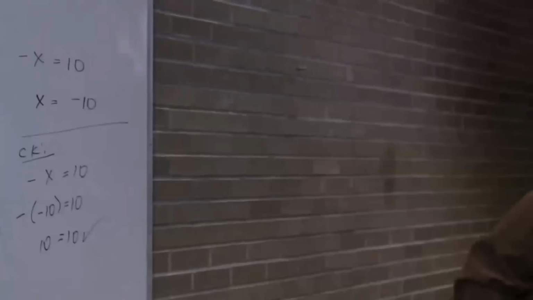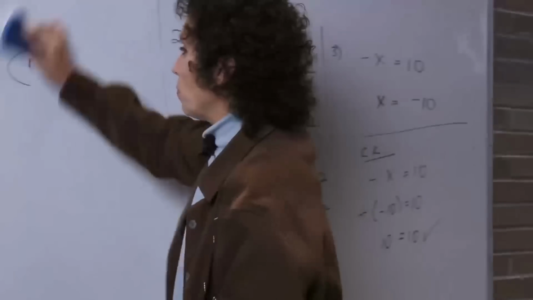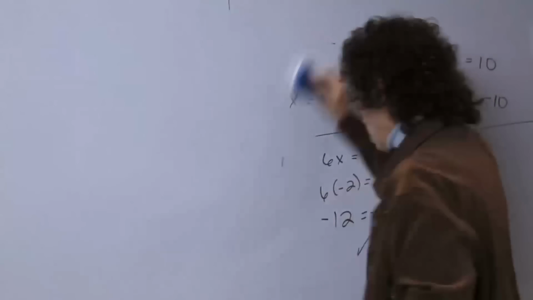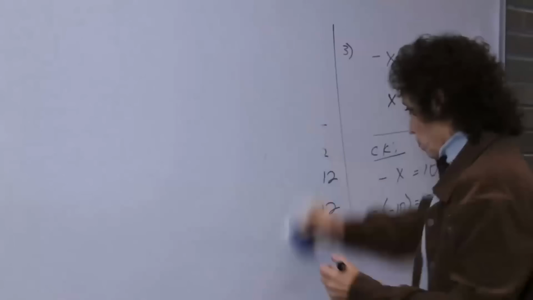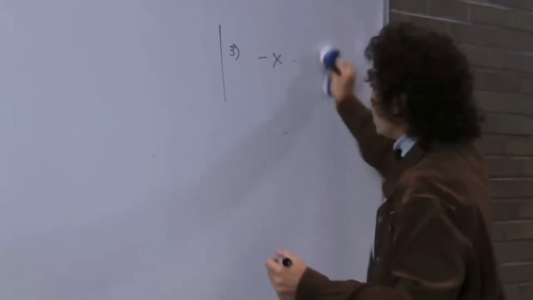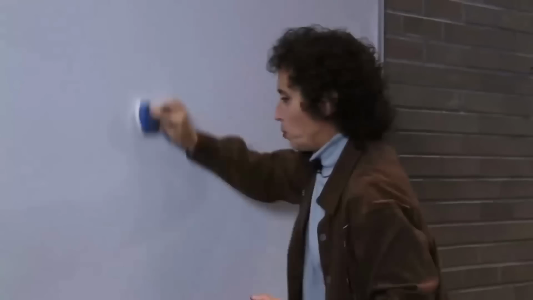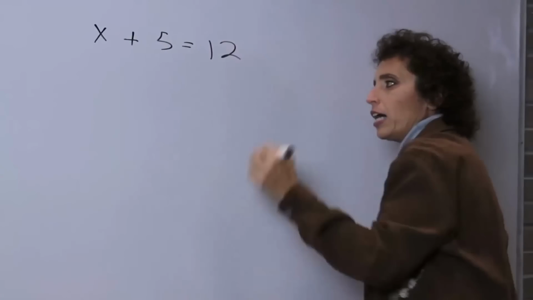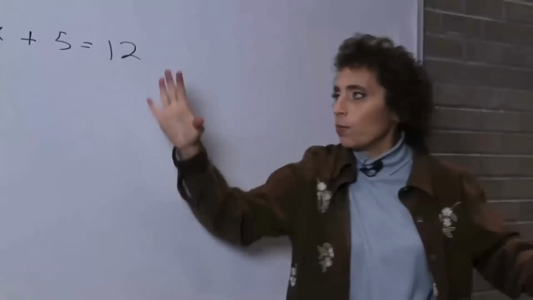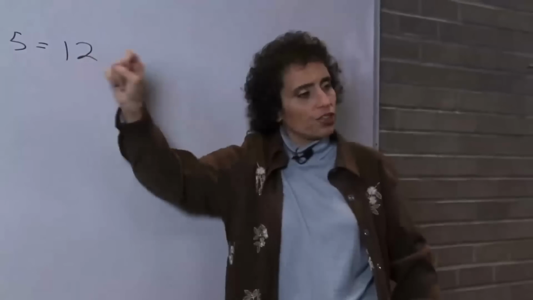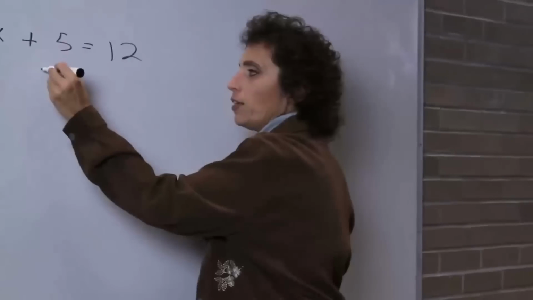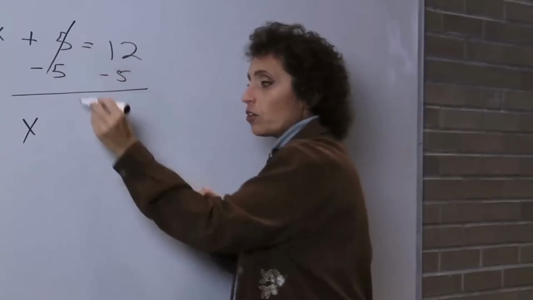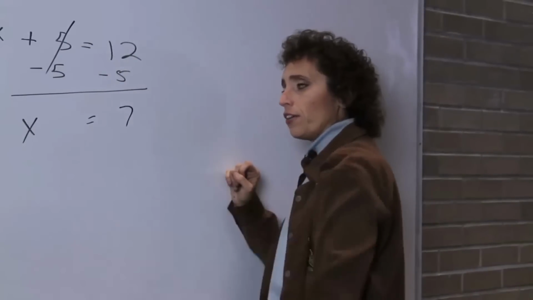Okay, so before I do this next set, I want to just say something about one problem. I'm going to make this problem up. It's not in your workbook. I just want to show you something. If we have x plus 5 equals 12, the kind we just did today, remember how to do this problem. Variables on one side, numbers on the other. I have to do the opposite operation. So the opposite of adding 5 is subtracting 5. And I get x. 12 minus 5 is 7. So I get x equals 7.